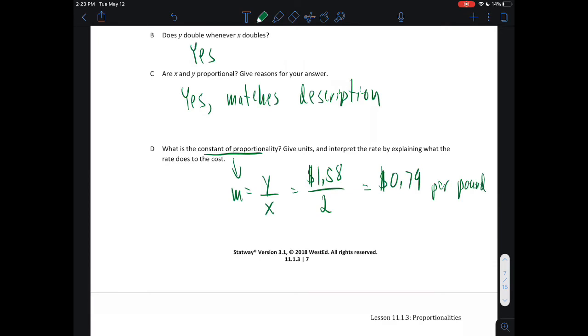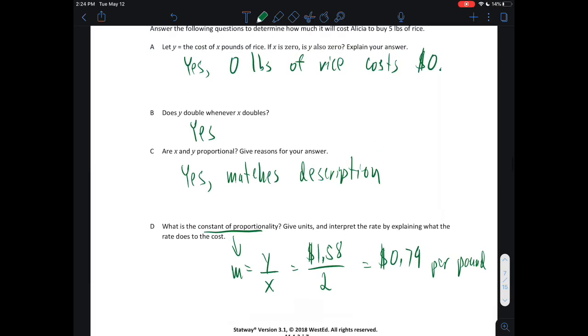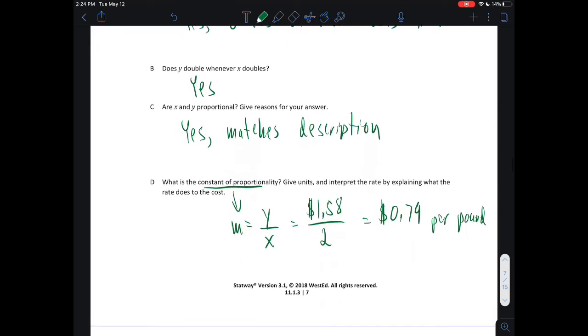So what you should see from this is that intuitively, you already know how this works. Gas is a certain amount of dollars per gallon. Food items are a certain amount of dollars per pound. So we know if we pay a certain amount for 2 pounds, we can figure out the amount for 5 pounds, like Alicia is wondering. And it's just using this idea of proportionalities. So continuing on to the next page,